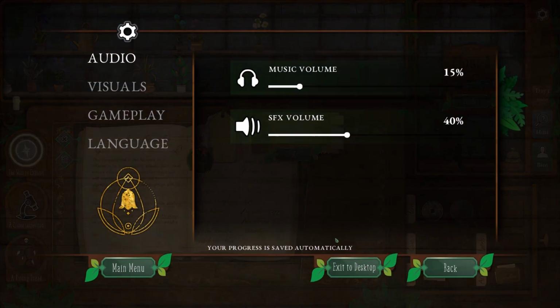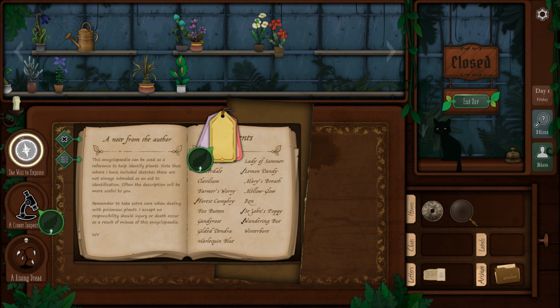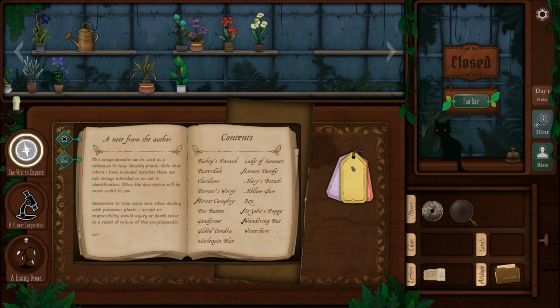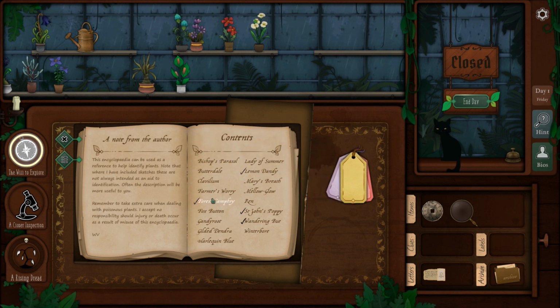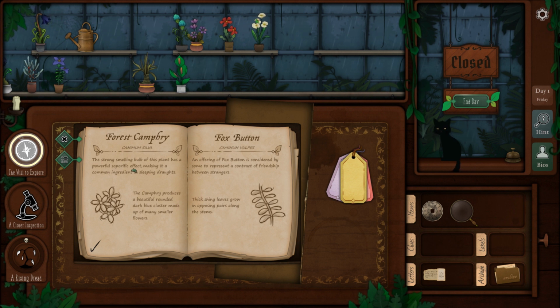Okay, can I escape out of it? No, I can't. Let me move it back again. And let's just see... Wait, forest camphor, strong smelling bulb,